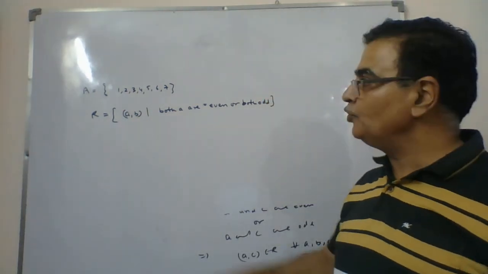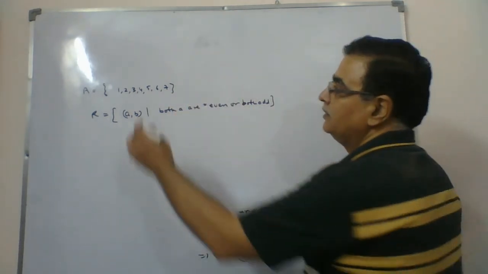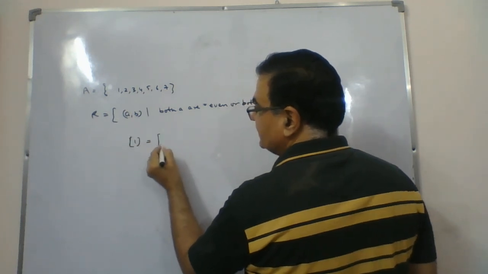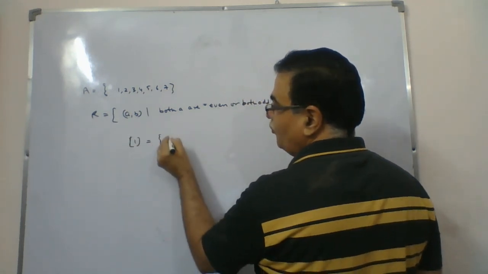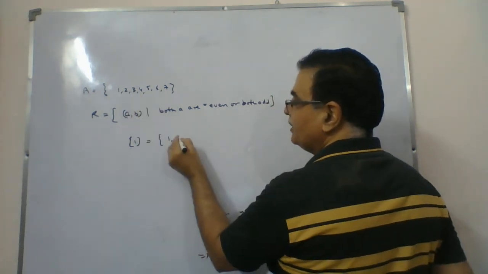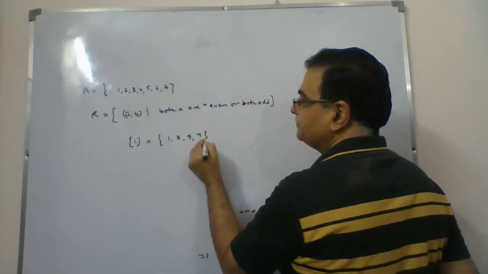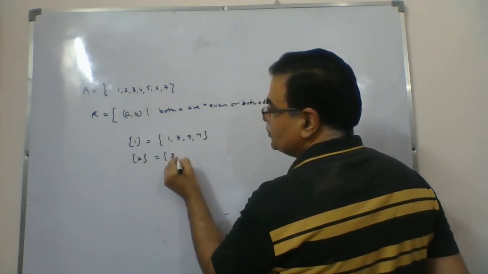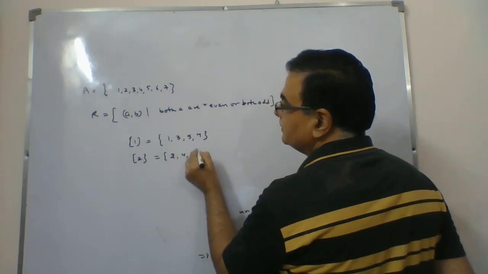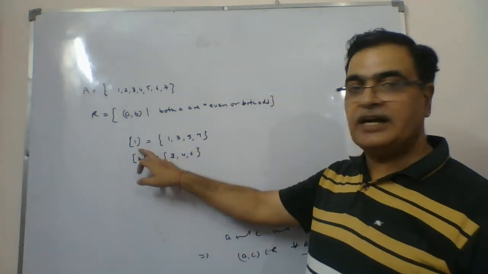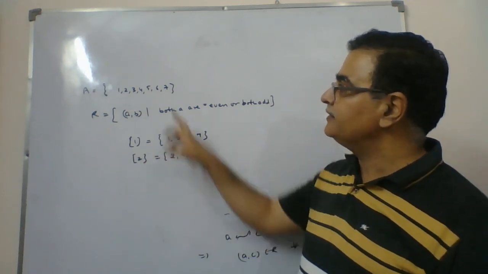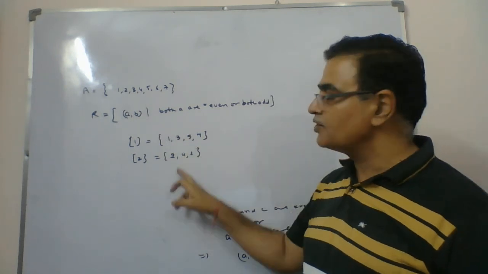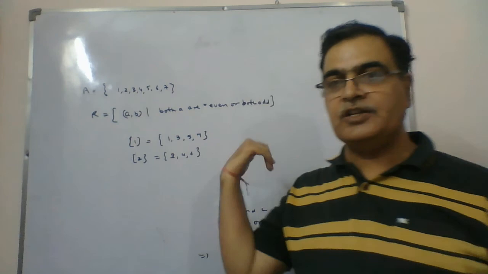And now they are asking you to find the equivalence classes. Very simple. If I take the first element 1, can you write its class? The class will be those elements which are related with it. 1 relates with 1, then relates with 3, then with 5, then with 7. All odd numbers. Then we go for 2. Then it comes out to be 2, 4, 6. This is equivalence class 1, this is equivalence class 2. Union is this, nothing common. They relate among themselves, they relate among themselves. This does not relate with this. So this way this part is complete.